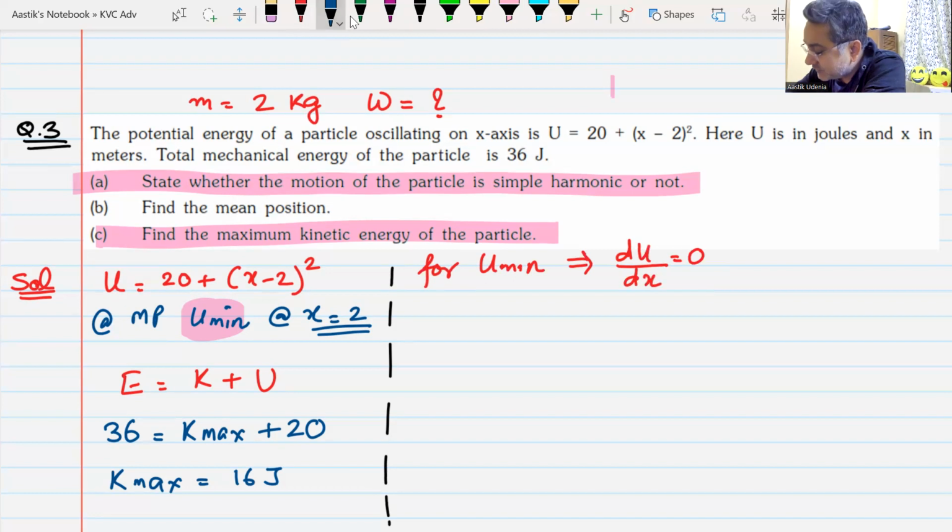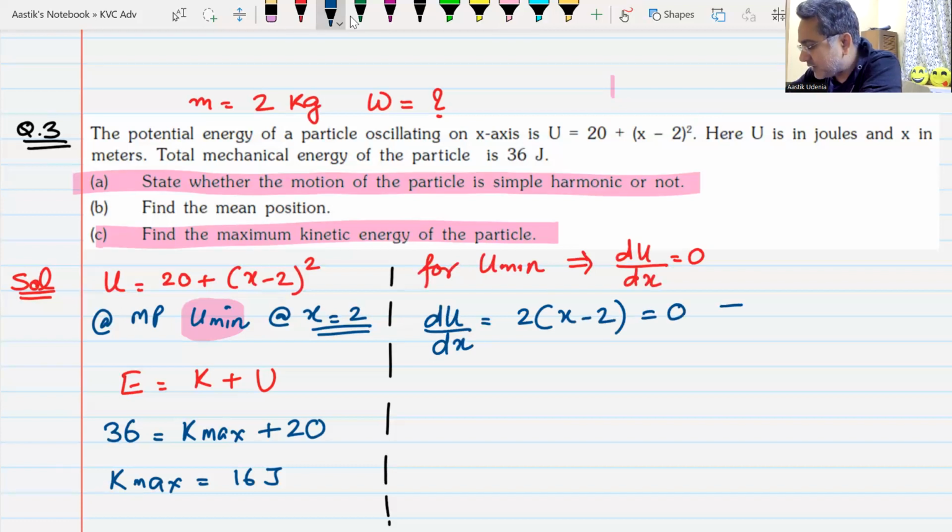What is du by dx? du by dx will be 2 times x minus 2. Yes or no? Yes, sir. That has to be 0. That implies x has to be equal to 2, and that is your mean position. Yes, sir. Now, instead of thinking in this way, you could have thought it out in a different way because